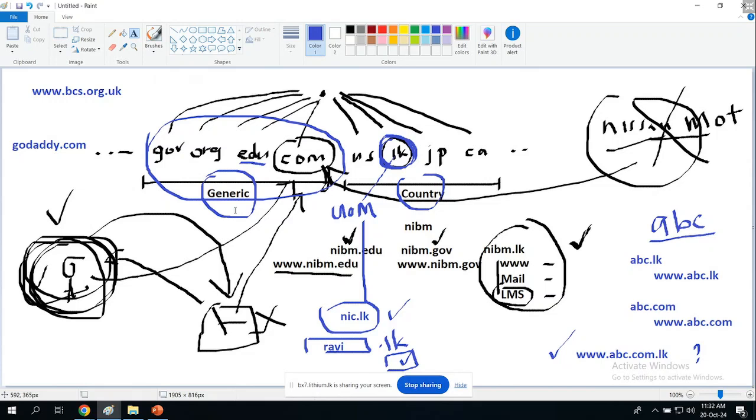So registering your domain with a suitable name is important. You decide whether it is under the country domain or whether it is the